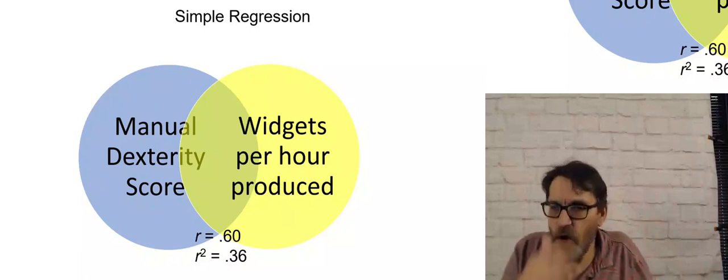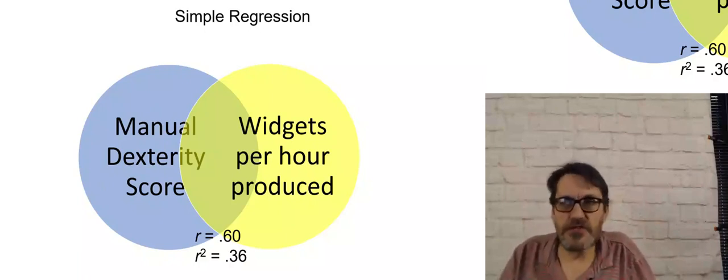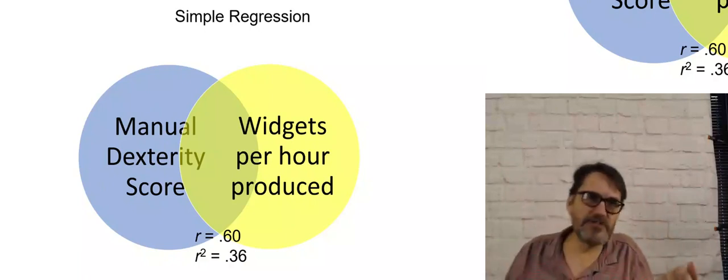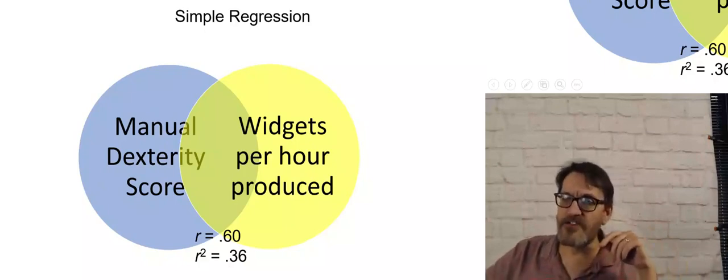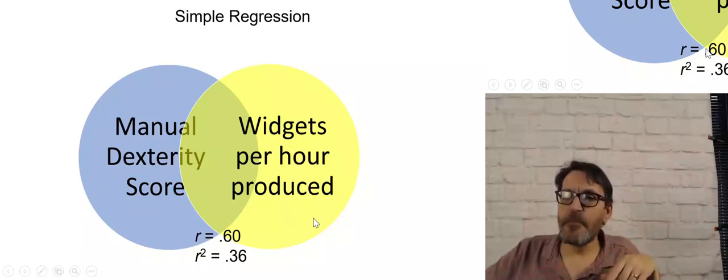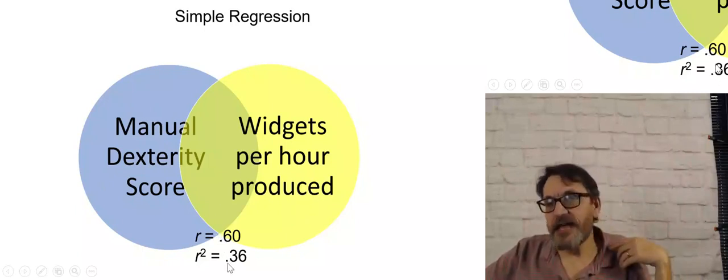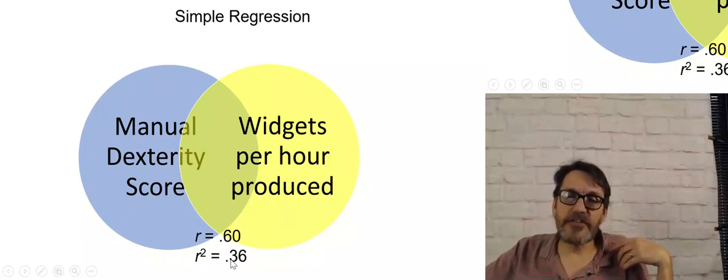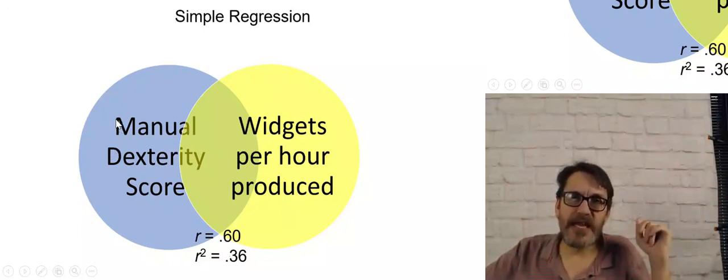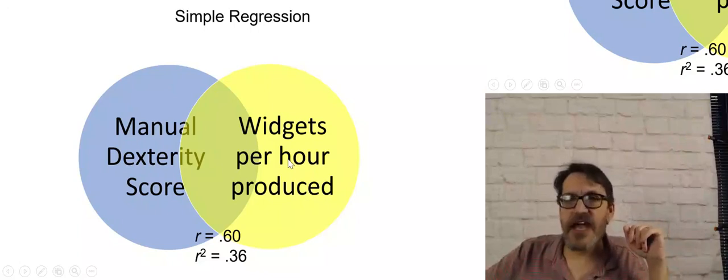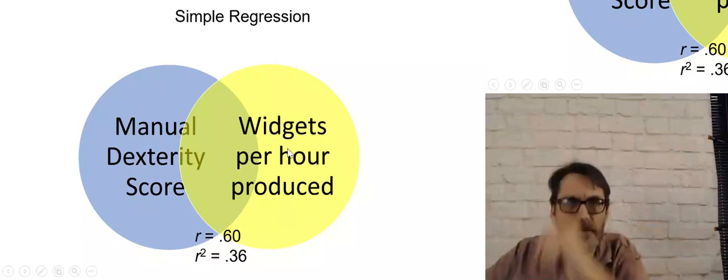Manual dexterity score is used to predict widgets per hour. If you get a correlation of 0.6, that's lovely, but in order to interpret it, you have to square it. R squared in this case is 0.36, and so you could interpret it to say,